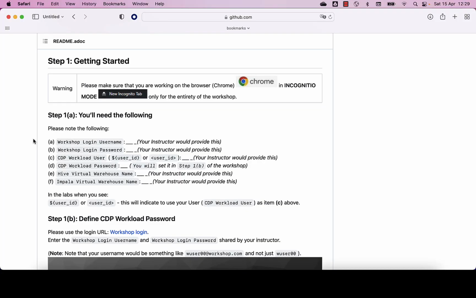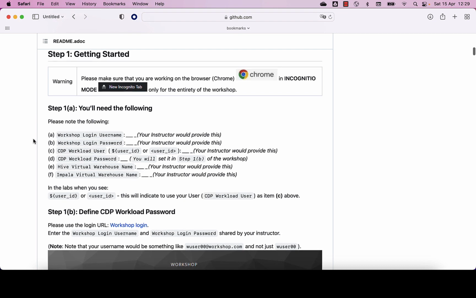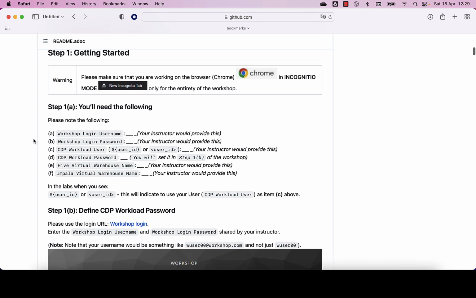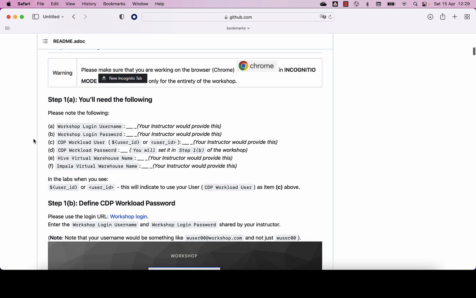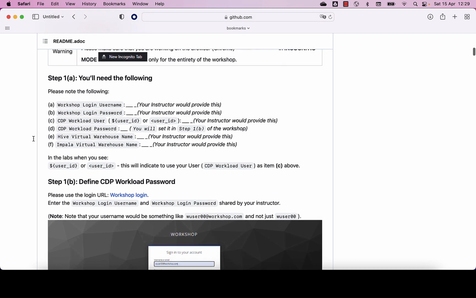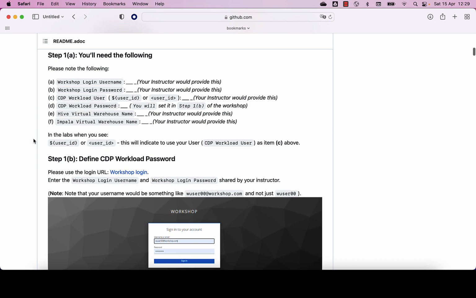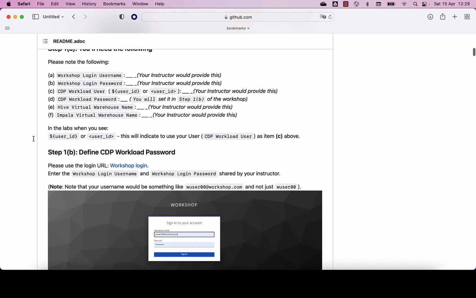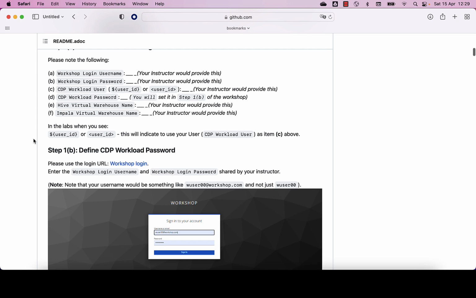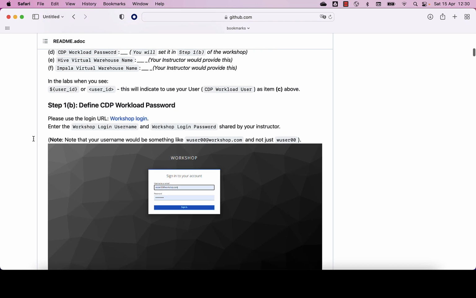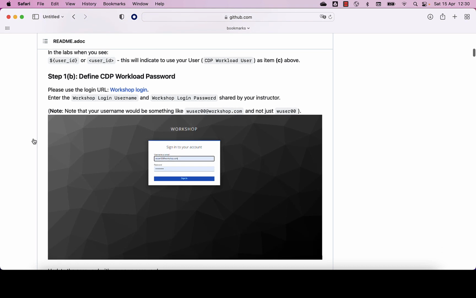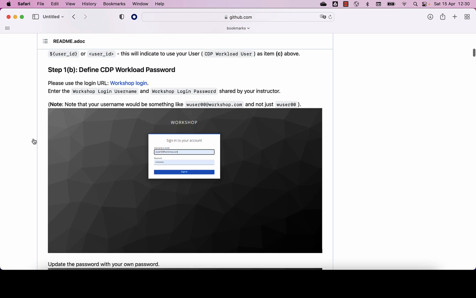Okay, let's get started. And we suggest you use Chrome in incognito mode to avoid any clash with previously defined cookies or configurations of a sort. And of course, you will need some information that will be provided to you by your instructor, which you can see here. So the first task we need to accomplish is to